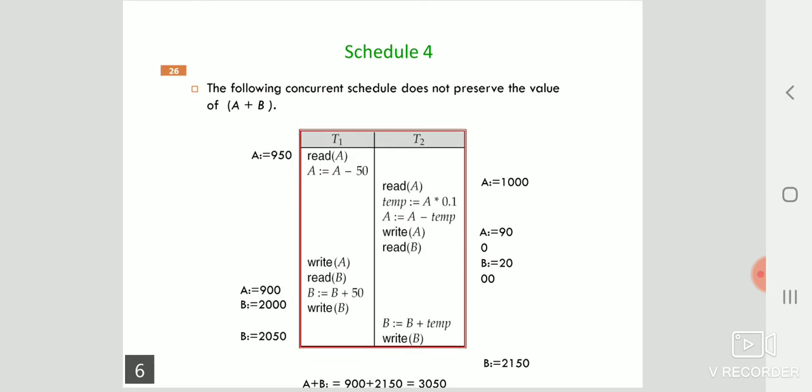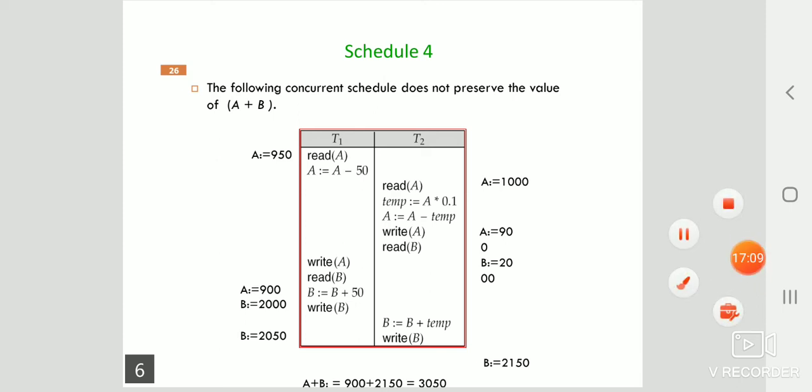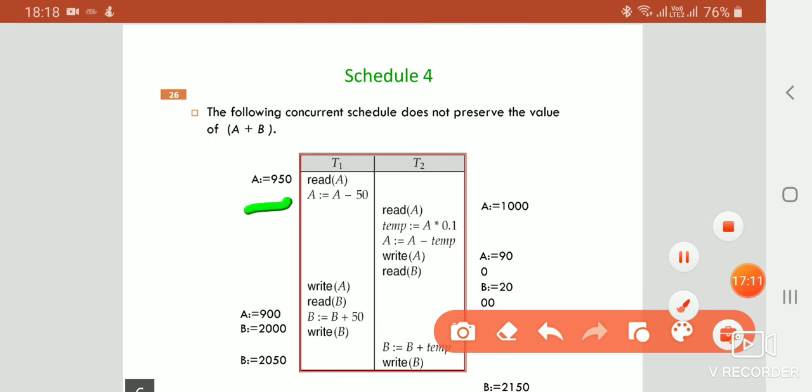We'll see the fourth type of scheduling. This is a concurrent scheduling. Here you read A and do A equals A minus 50, but you are not writing it anywhere, not even to the buffer. You only read and perform the operation.